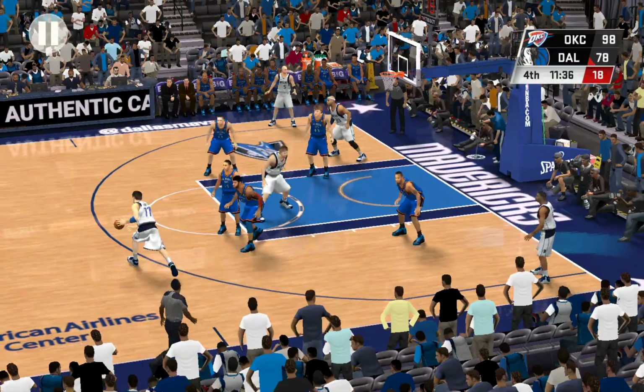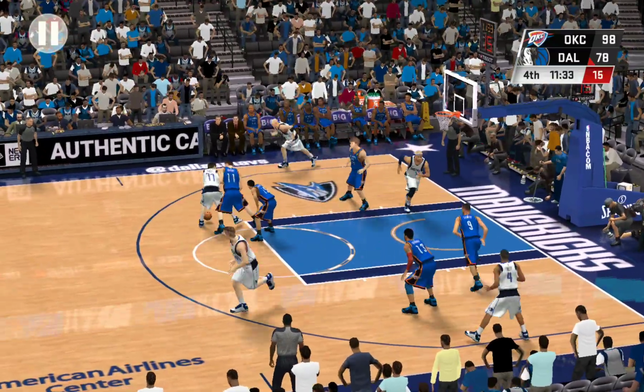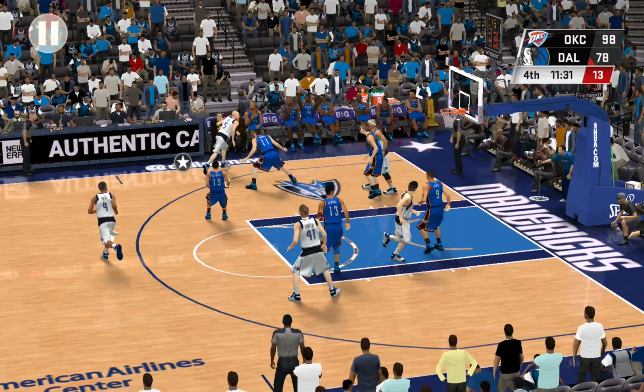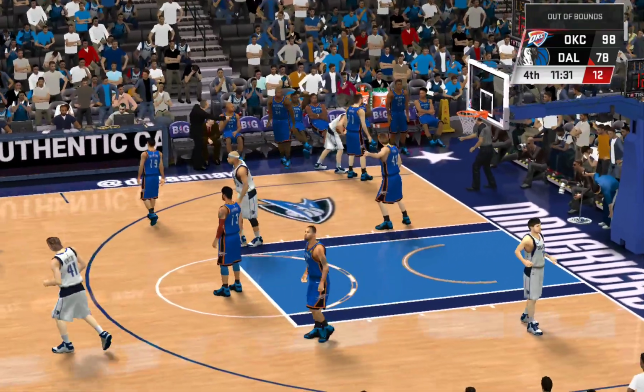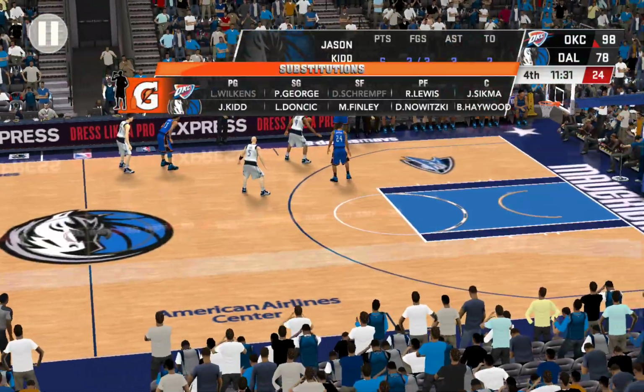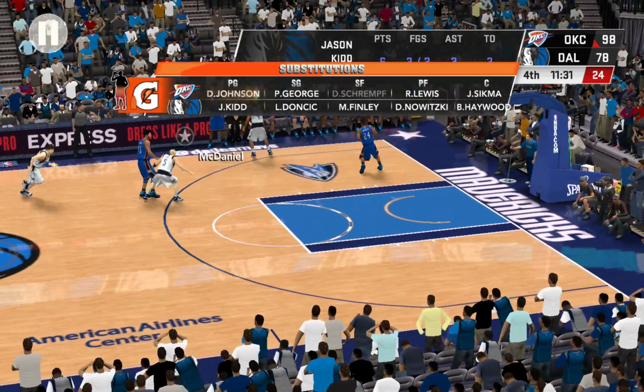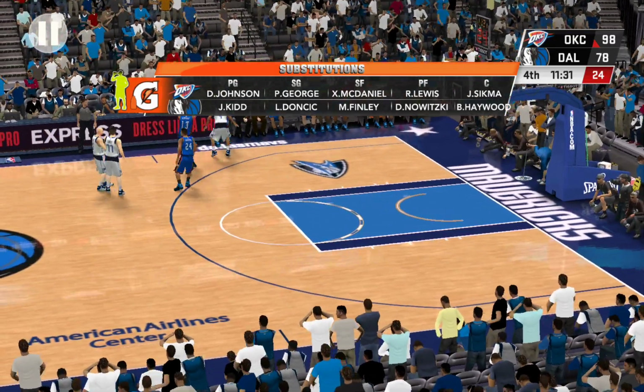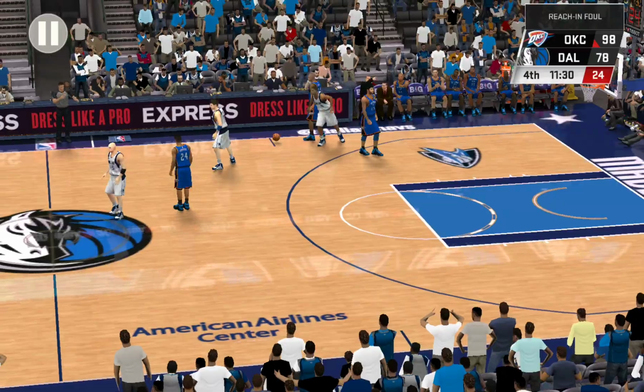Now here's Kidd. And out of bounds as the Thunder gain possession. And the Thunder making a change here. Defensive foul.